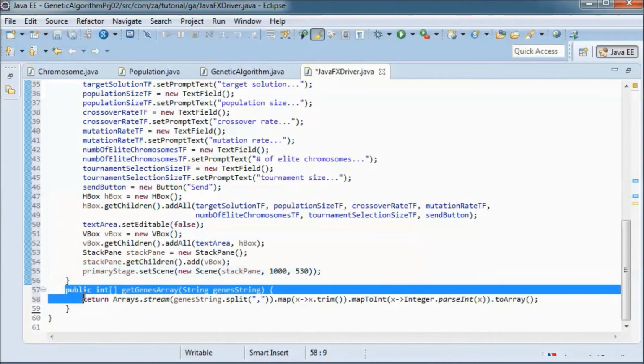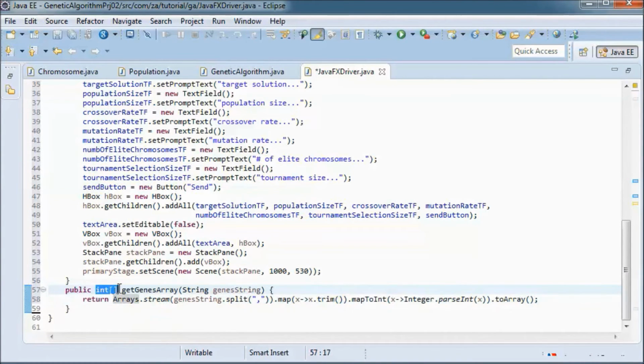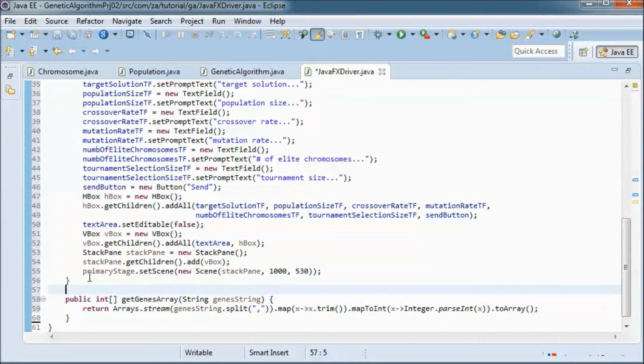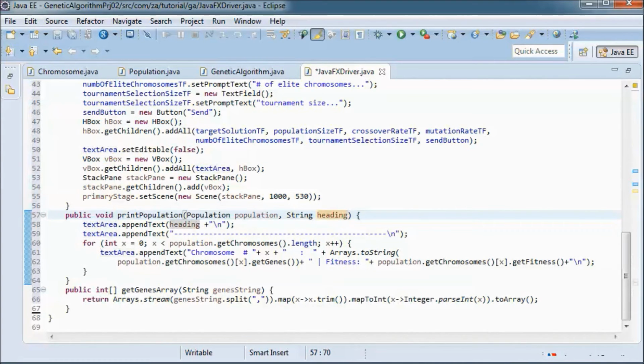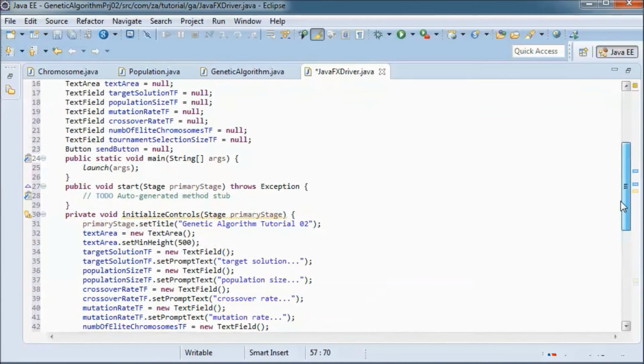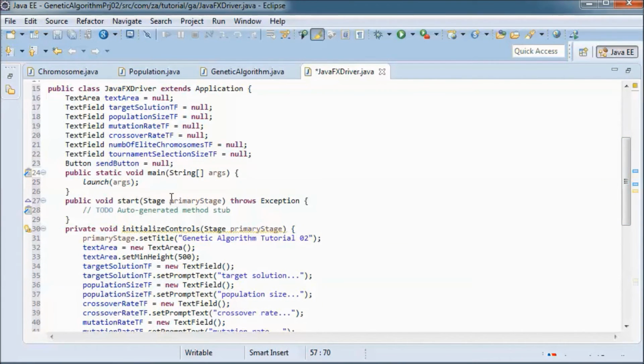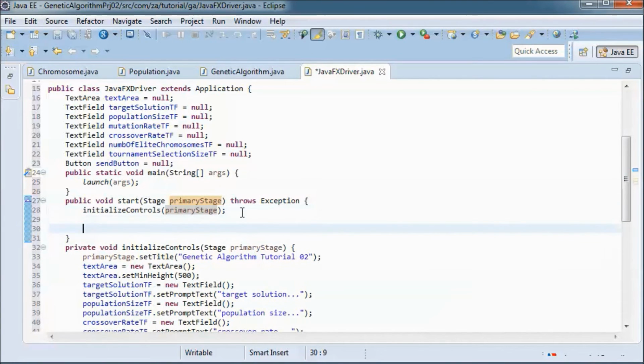So this Java 8 method does that. It returns an int array, and I will have this method that will print the chromosome population inside the text area, so printPopulation. And what remains is the start method. So I will initially call the initialize controls, passing in the primary stage, and after writing the logic, I'll do primaryStage.show.